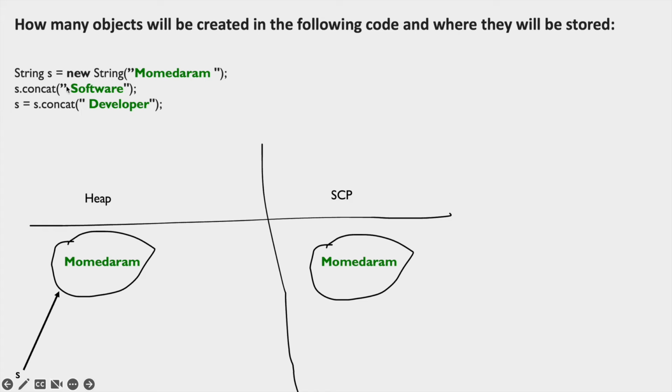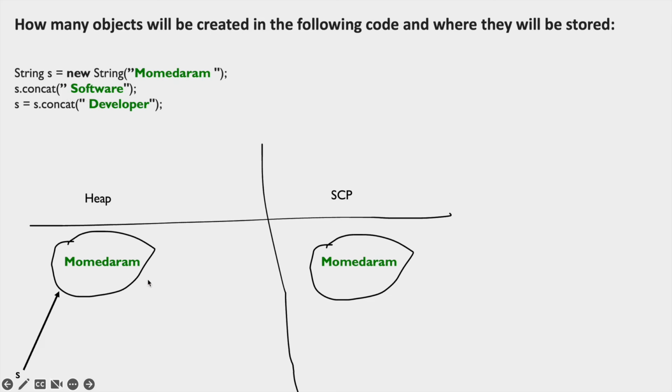The next statement is s.concat("software"). In this case, first, software is a literal, right? So it will be checked in the string constant pool. If it is not there, then it will be created in the string constant pool. Then it will perform the operation. Whenever we try to modify an existing object, a new object will be created with that content. Here concat is a runtime operation, so a new object will be created with Momedaram software